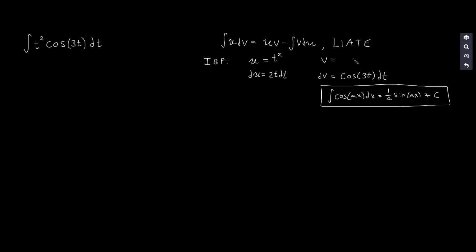And that should mean that, for v, we're going to have 1 over 3 sine of 3t. We'll put everything together using our formula. So it's going to be u, t raised to the second, times v, 1 over 3 times sine of 3t